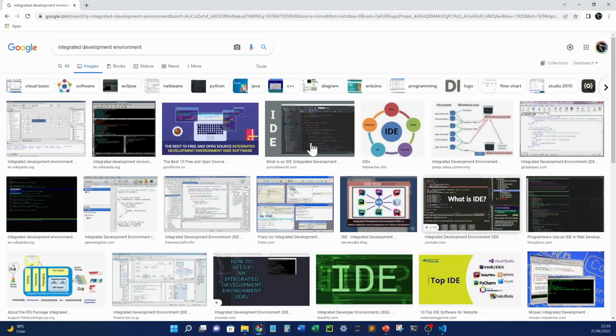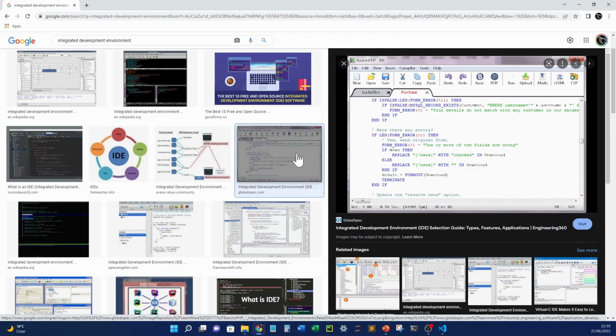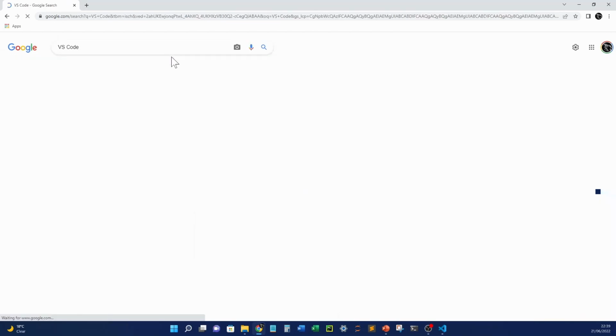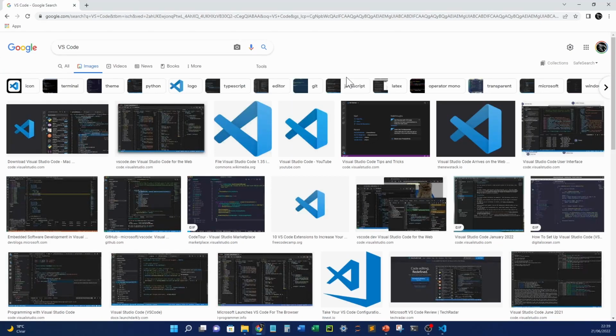So you'll be familiar with things like these grayscale screens with the number of lines of code in them, and this is typical of a coder's environment really. So you may very well have seen many of these before. What I want to show you is some popular IDEs, the first of which is an IDE called VS Code. VS Code is one of the more popular IDEs out there. It's an application owned by Microsoft, and it's actually a very common IDE which I've come across, especially at my place of work, at the bank that I work at. A lot of our developers and quants use